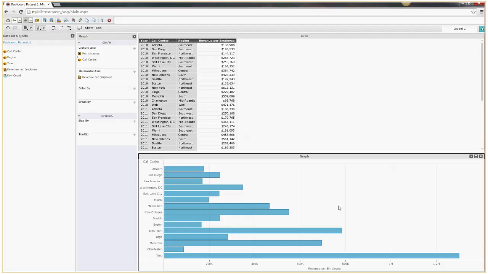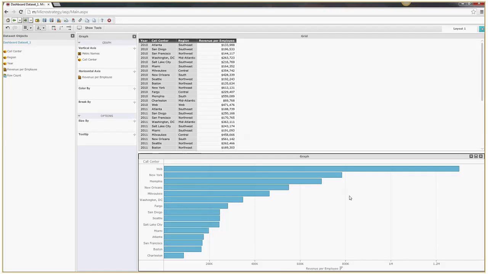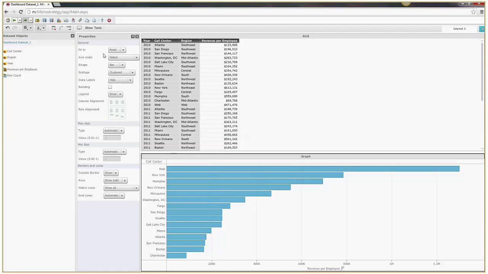Now I want to sort by revenue per employee. Hover your mouse over here, you should see this drop down, expand this and click on sort descending. Now you can save this. If you want to view properties, you click on this specific graph over here, show properties, and it replaces the edit visualization pane with the properties pane. Let's say you want to show values in the data labels. You want some kind of banding. So if you see some light colored lines over here,